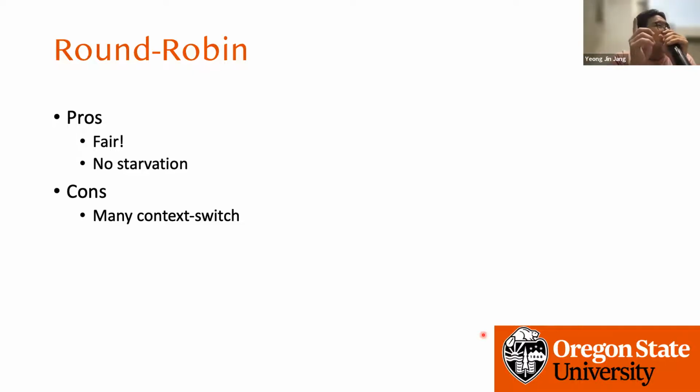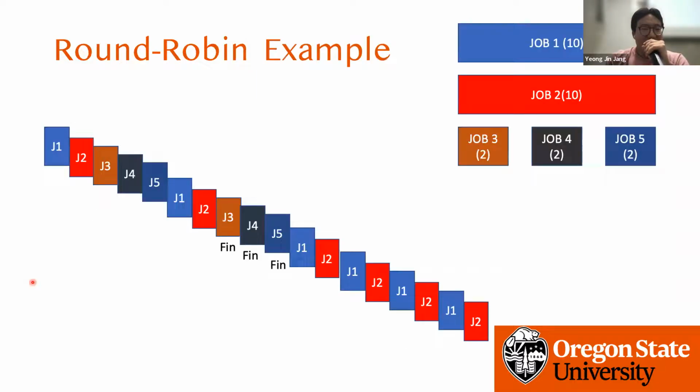Another benefit is that there's no starvation. If you wait for a long time, round robin goes over, rolls back, and will give the running quantum to you. Okay. But the problem is that,